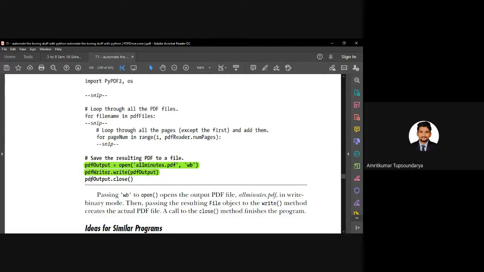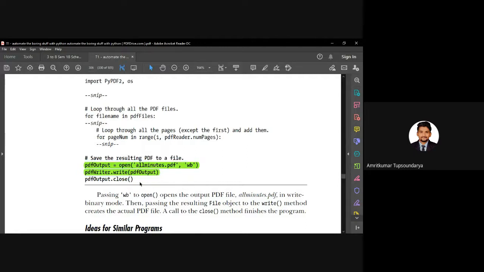That is PDF writer.write PDF output. So that is all about combining the content, or extracting the selected pages from multiple PDFs and compiling them into a single PDF named allminutes.pdf.